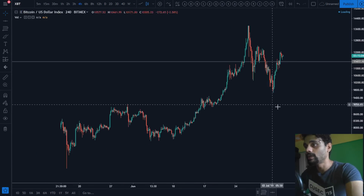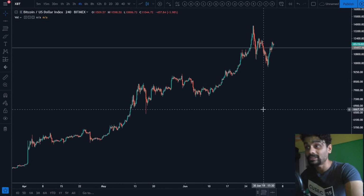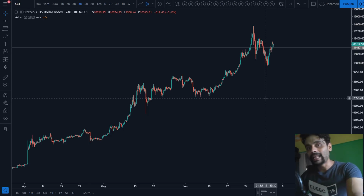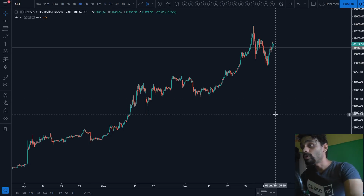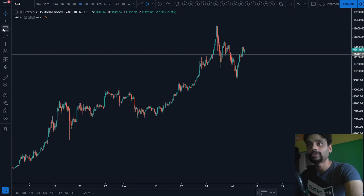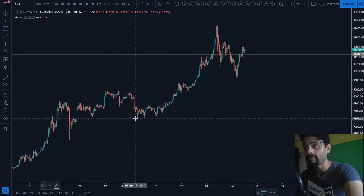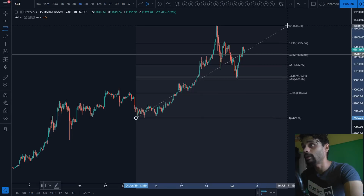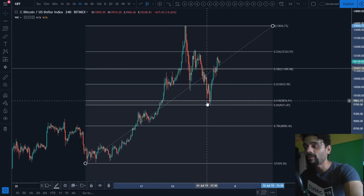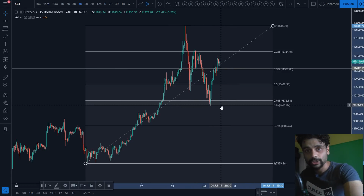We do have 4 hour. We can go ahead and do our fib levels because a lot of people are going to be watching when we are in this no man's land territory, right? You're going to have a lot of people looking at their fib levels. We can go ahead and do a bullish fib retracement from the low to the high over here, and you can see that we perfectly got picked up at the 0.618 region,